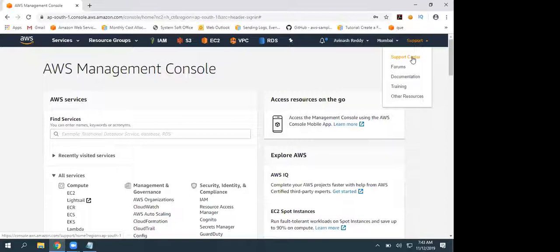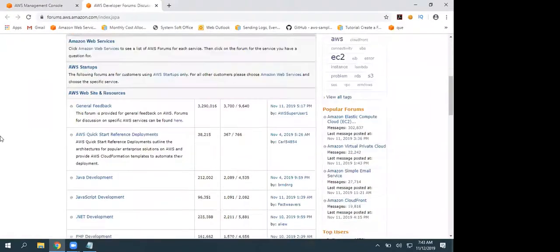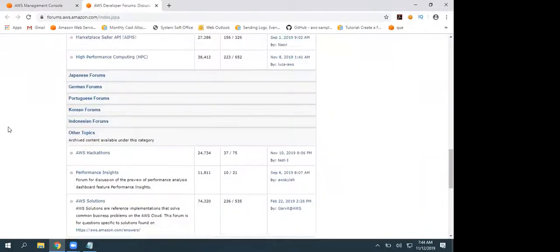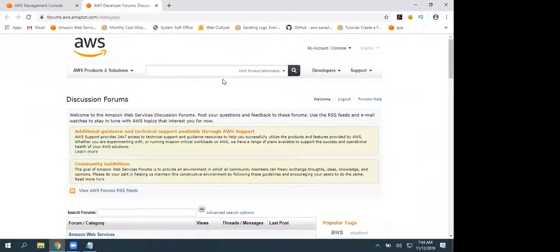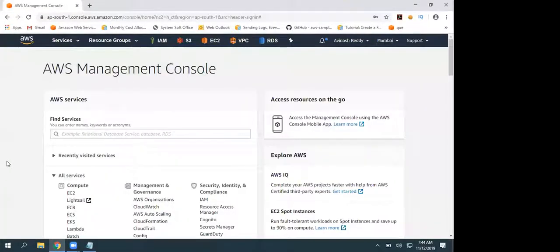Go to support center, and we discussed the basic support plan. They will get support from forums. Here is an option, go to forums. There you can find many tickets. These are discussion forums. Whatever service you are talking about, whatever issue you are facing, you can just look for that here. Okay, and you may see some solutions here from AWS Avinash. Those solutions were provided by me. I used to write articles here.